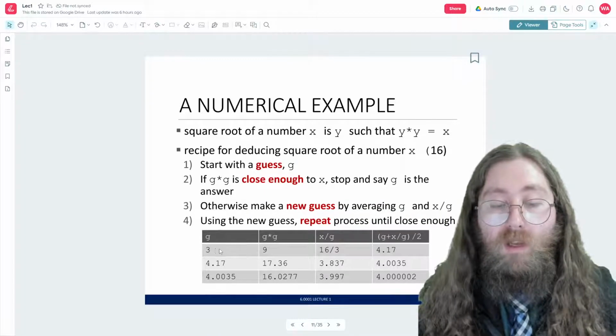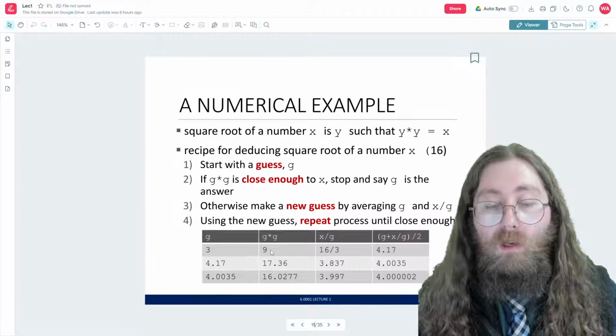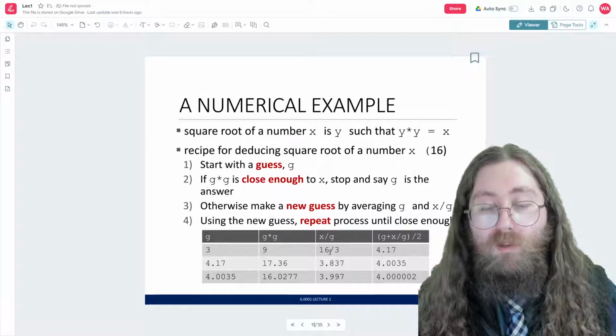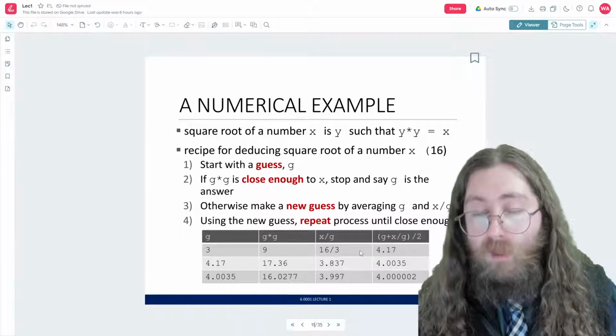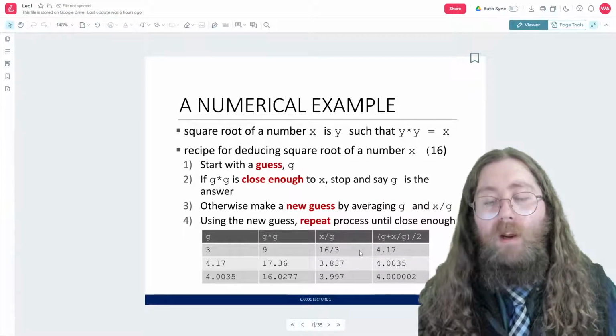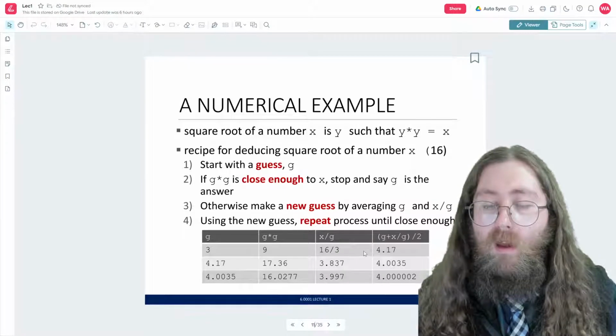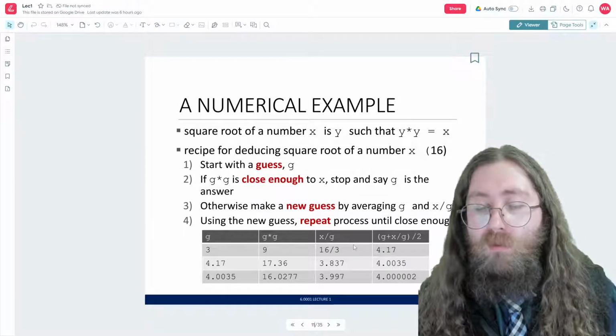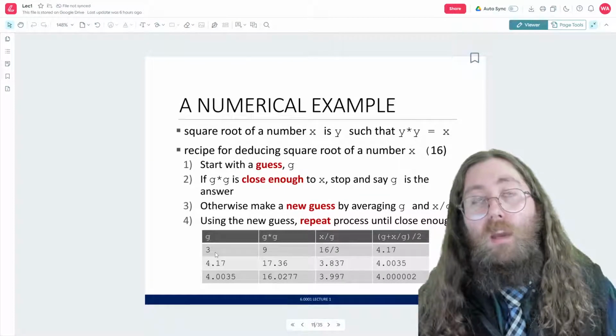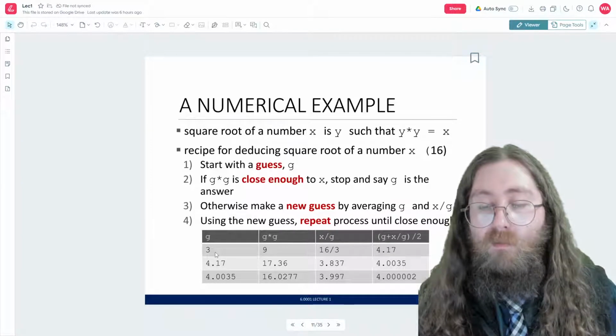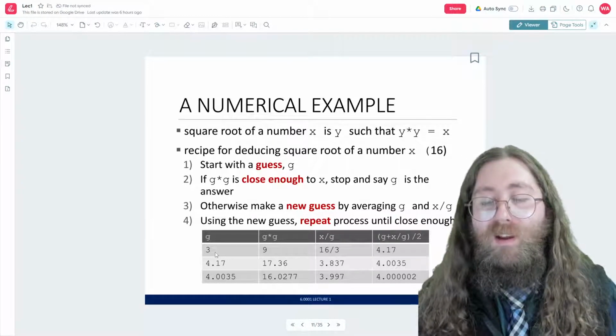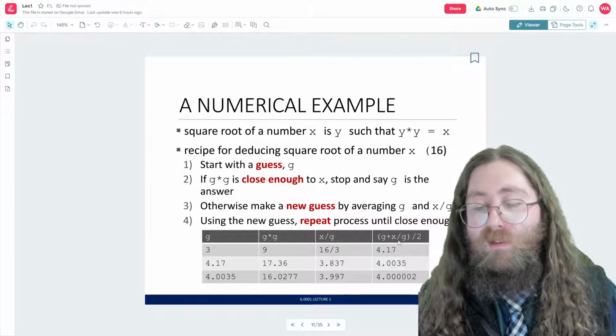The first guess was 3, and 3 times 3 is 9, not quite close enough. So then we do 16 divided by 3, which is a little more than 5, 5.33. And then we do 5.33 plus 3 is 8.33, divided by 2 is 4.17. There's a little bit of rounding there.